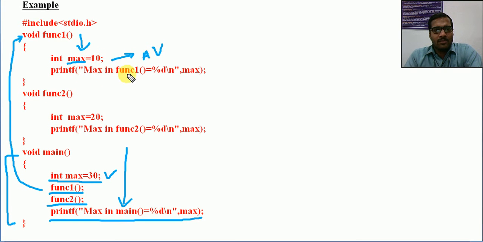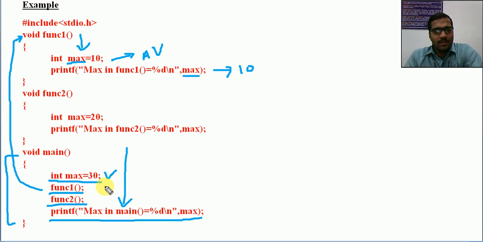Now printf max in function 1 is max. So automatically you can assume inside this function it will be printing the value 10, right? Inside this function it will be printing the value 10, because locally it is having 10. Inside that I am accessing max. Max will be having the value 10 here. Okay.